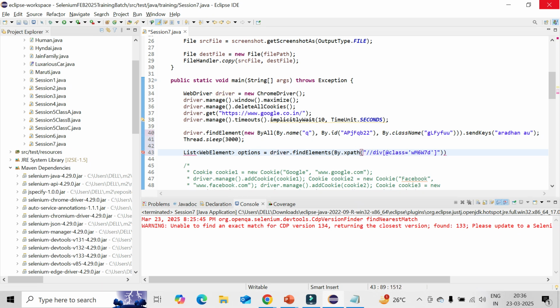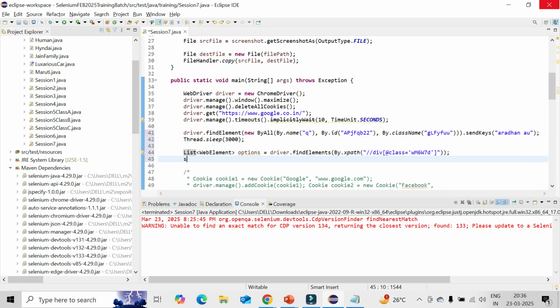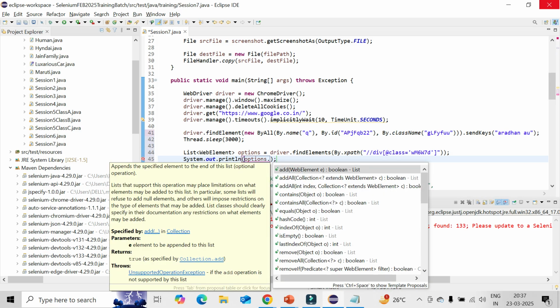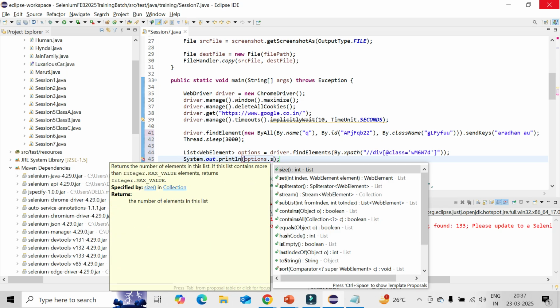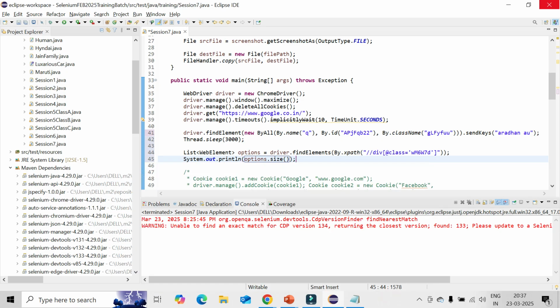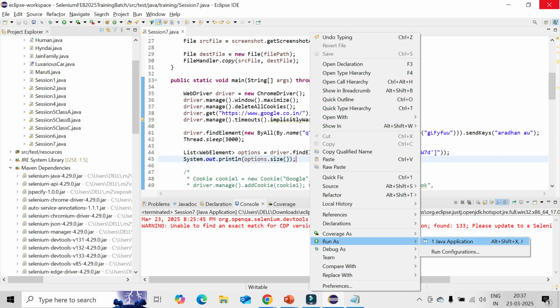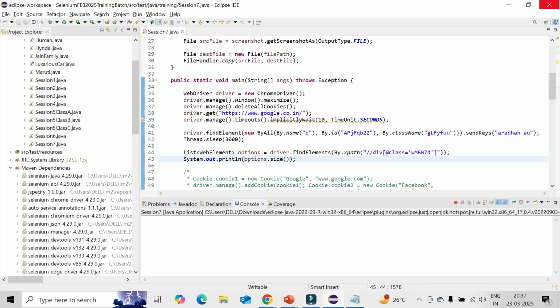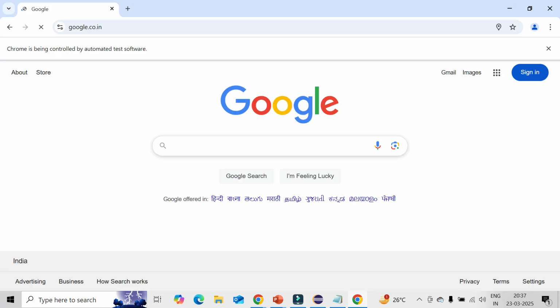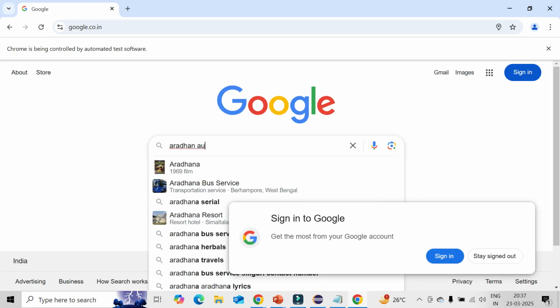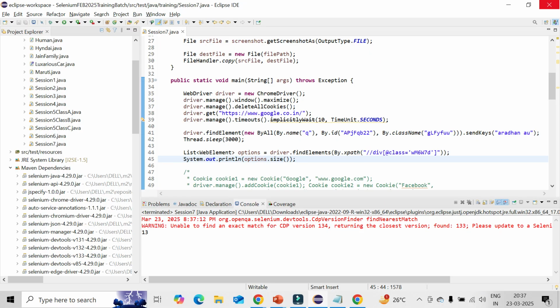Now I have already stored it in a list of web element. Let's import that list here. Now I can get the count, right? Total count is coming. Let's do it first. Dot, what is the method? Size. Let's first do it. Oh, sorry, I've given the wrong one. That is the reason it's coming as 13. Okay,